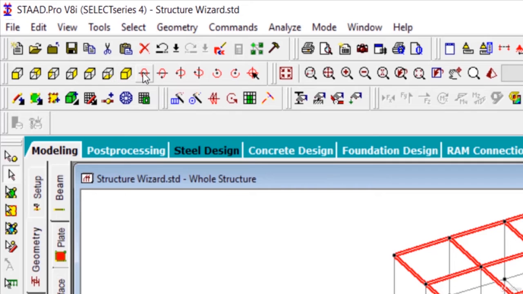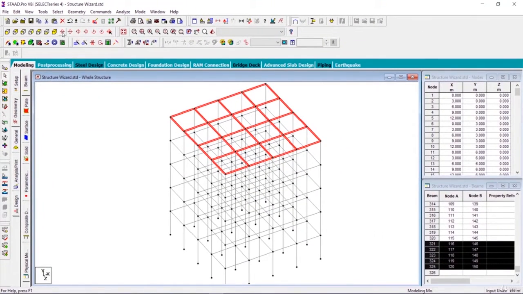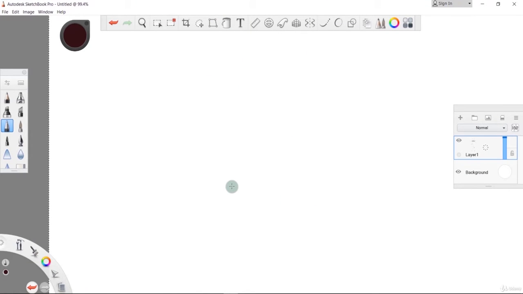Now I am concerned with the rotation commands. This is not the rotation command that we used, like this one. That command will rotate your entire structure in reality, but this will only change the view of your structure. It will not rotate in reality. And if you click on this option, rotate up, if you left click, then you can see that the structure will rotate up. To explain how it works, let me delete everything here.